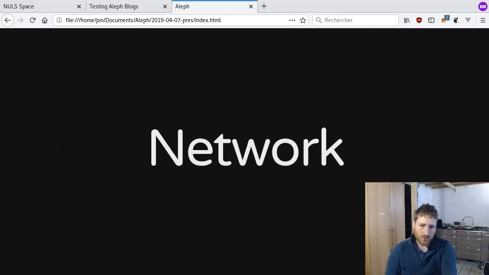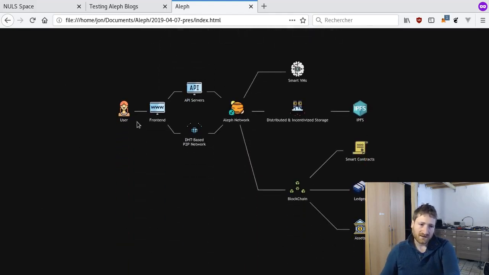So that's how we got the idea of making a network like this. You, as a user, will go to a front end. This web front end can even be stored on IPFS itself, incentivized by the Aleph network. It will talk either directly using libp2p JavaScript primitives to the DHT-based network, or through API servers, to the Aleph network. The Aleph network itself will have distributed data, both geographically and as redundancy. So your data is stored in multiple places and you don't lose it, basically. And also incentivized. The people who will store your data will get money for it,